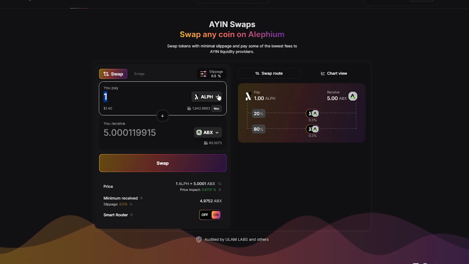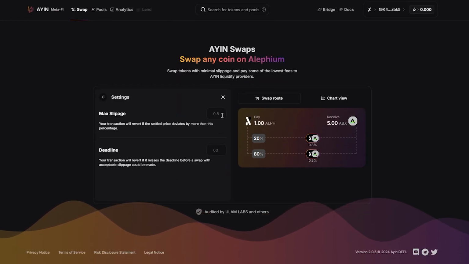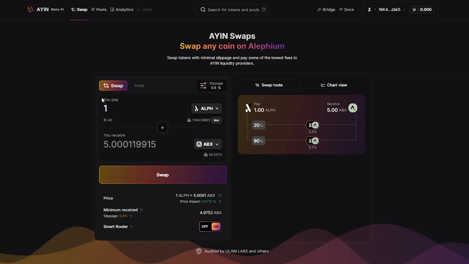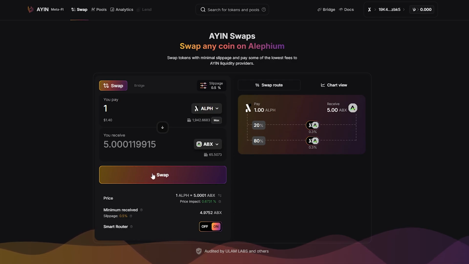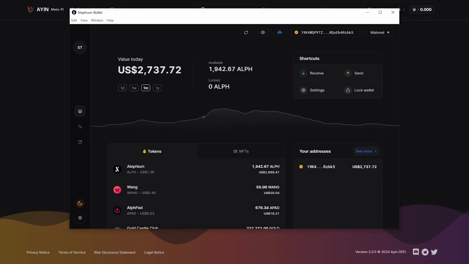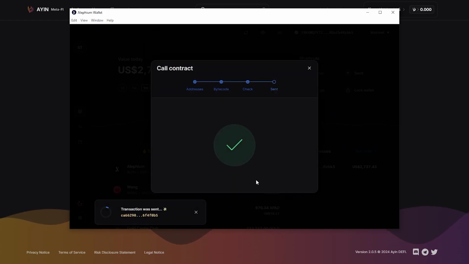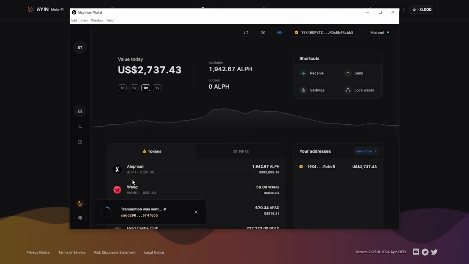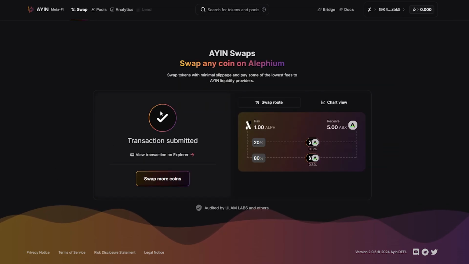So you can set your slippage here if you want to. We're just going to keep it on 0.5. You can also add liquidity into these, which we'll show you later on. However, you can just put swap there. So click swap, and then it's going to make you sign it within your wallet. So you click into your wallet and you click send, and then it's going to send out into the app, and then it's going to return it back to you into the wallet.